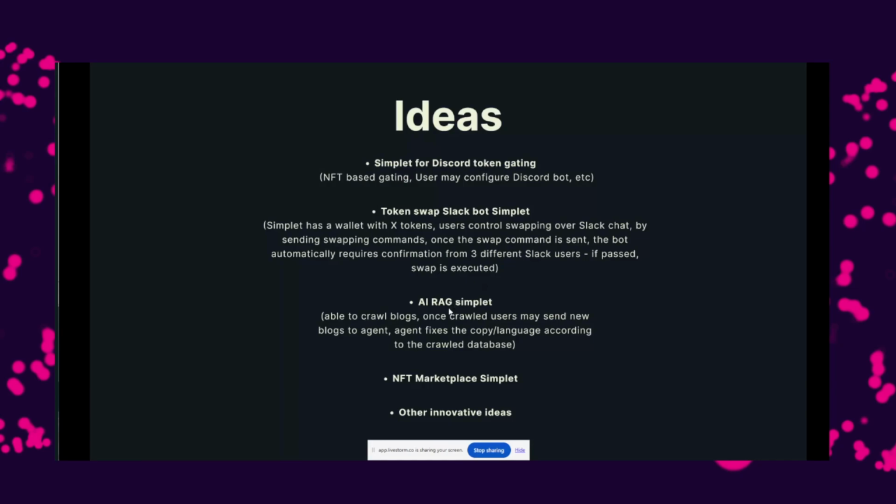All right, because we're within the Docker context, we know you guys are building a Docker image. We can think about an AI RAG simplet. Maybe something with a function where I can say, go and crawl blog.apple.io. We have like 170 blogs.